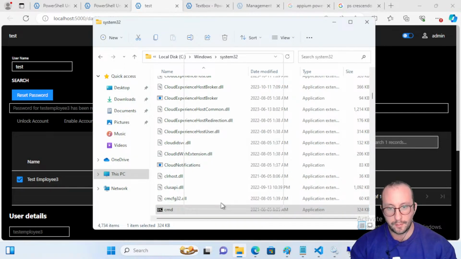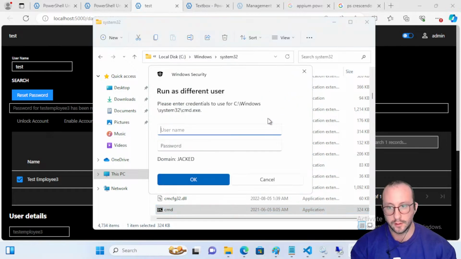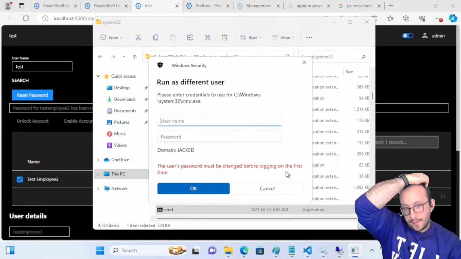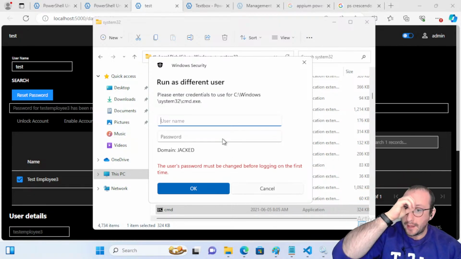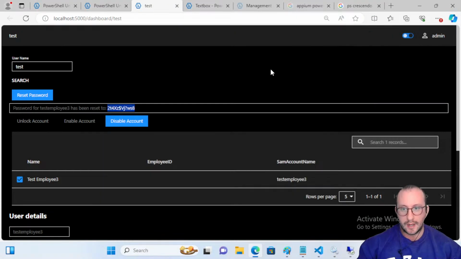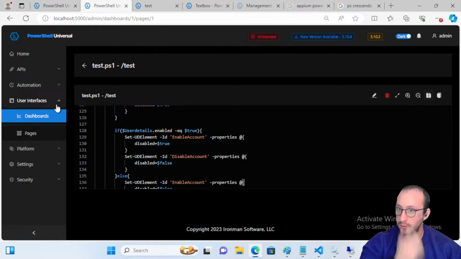Let's run the command prompt as another user. Test employee 3. Paste in the password here. So the password must be changed before logging on the first time. So we did get the password correct. It's prompting us that we would have to change the password, which you would do at the first login. Now there are ways to actually change that here. So what we can actually do is go into our